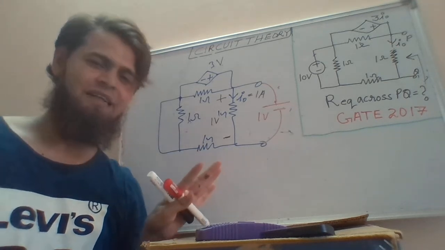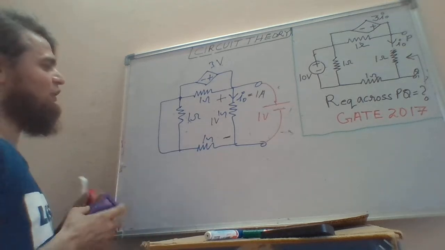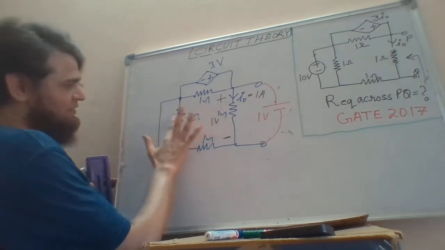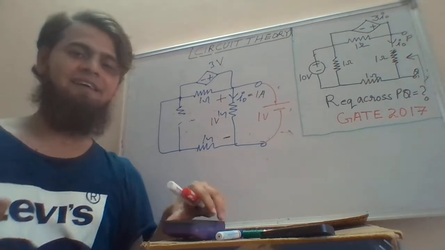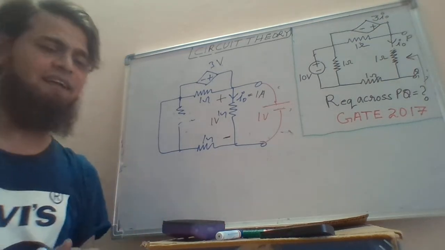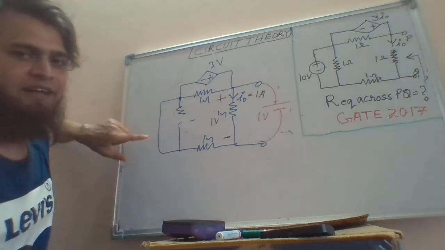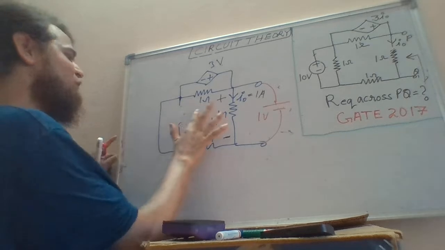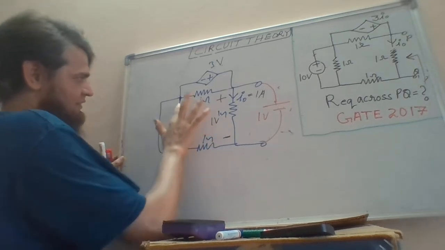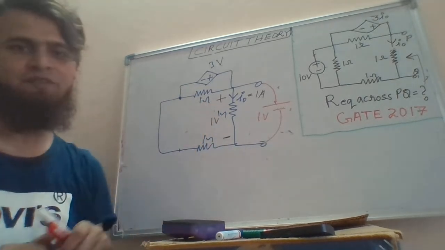I hope you know it. That's pretty simple. So this resistor has nothing to do in this circuit because it will not receive any current. If any current comes, that current will be taken by this short circuit. So this resistor is not going to play any role in this circuit. So let's not have this resistor here. Fine.